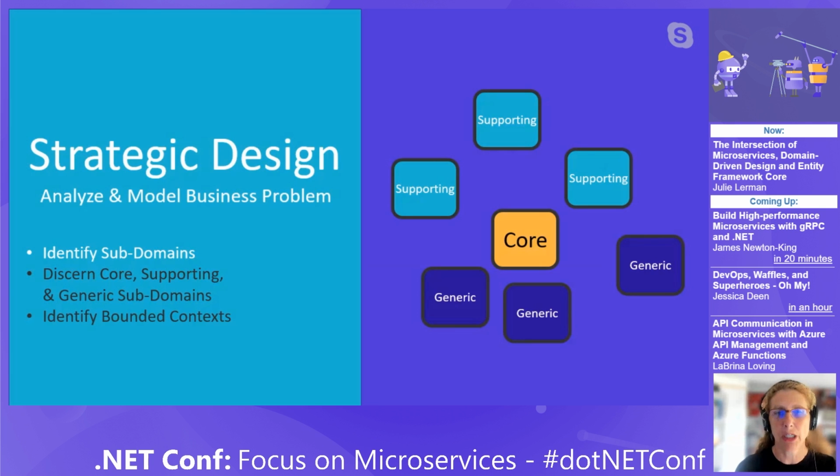This is your moneymaker, what really sets you apart, because that's where you need to really have your laser focus. That's the most important thing. Some of the domains are still important to your business and kind of unique, and these can be supporting domains. And then it's also really important to be able to identify generic domains. This is stuff that maybe you don't need to waste your time figuring out, architecting and implementing, like third-party services that you can take advantage of and then connect to.